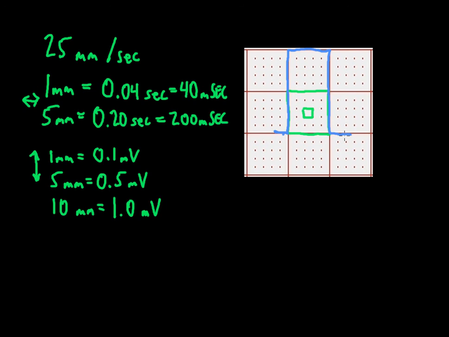So a standardization mark, if the paper is running at 25 millimeters per second, will be 0.20 seconds. So if I write that out, standardization mark,